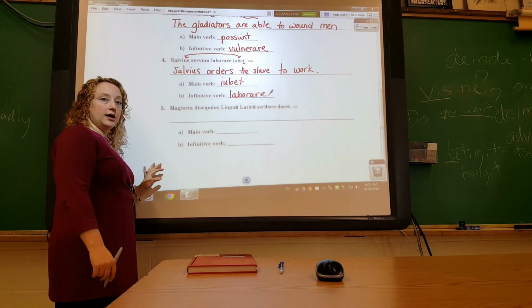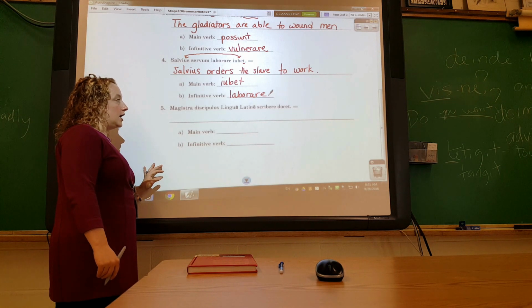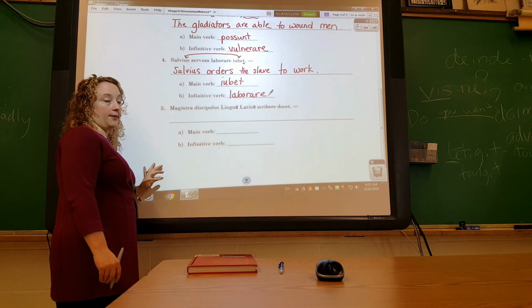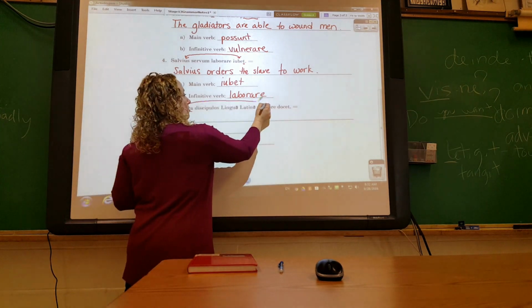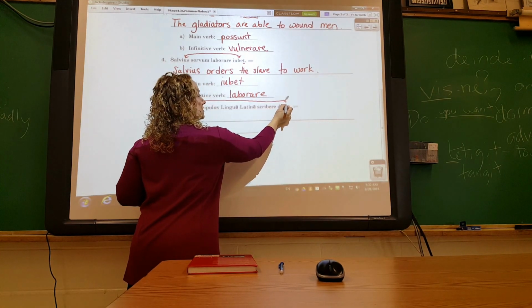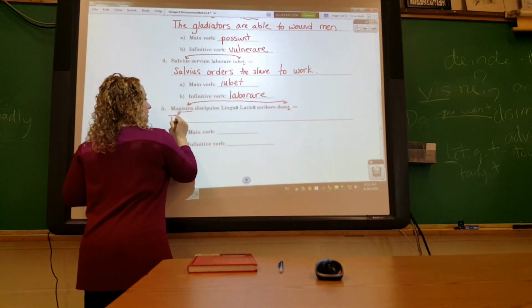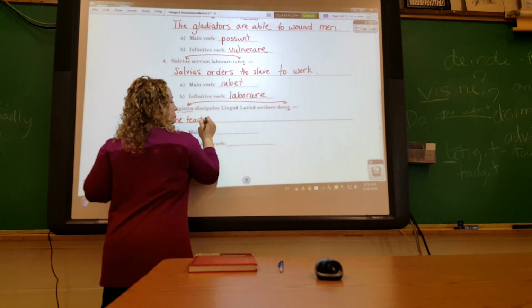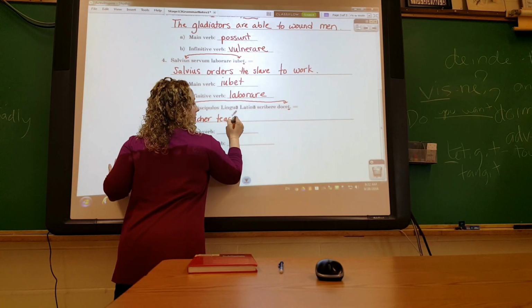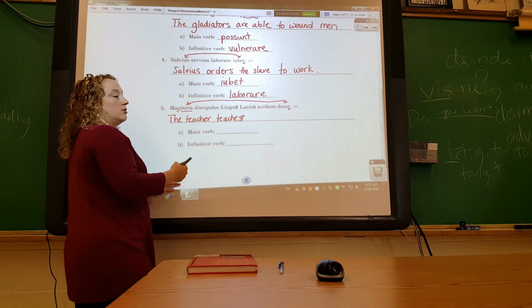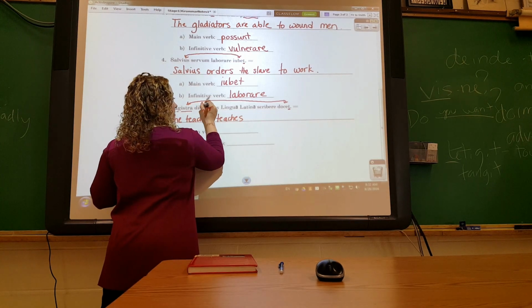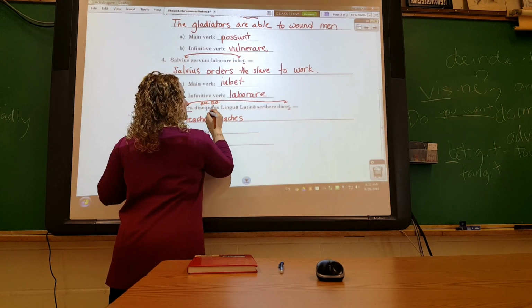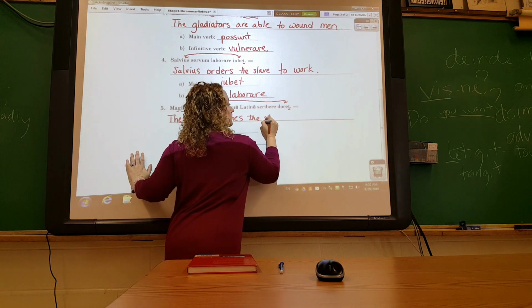Docet works in a similar way. It's going to look very similar in how it's working. Magistra discipulos lingua latina scribere docet. Magistra is your nominative subject. It's going to go with the T ending on the verb, so these two words need to go together. The teacher teaches. Well, who's the teacher teaching? That's your accusative case word. Accusative direct object, discipulos, the students.